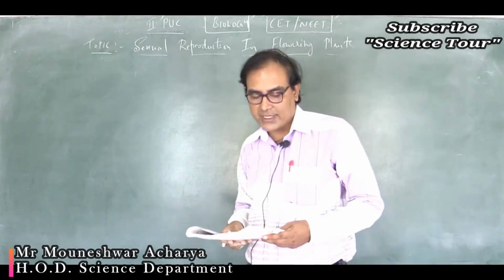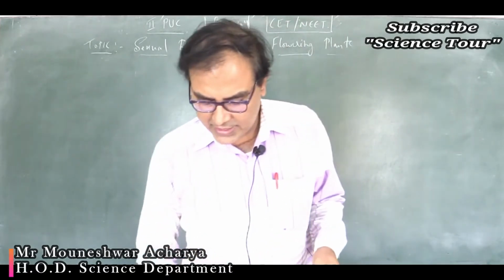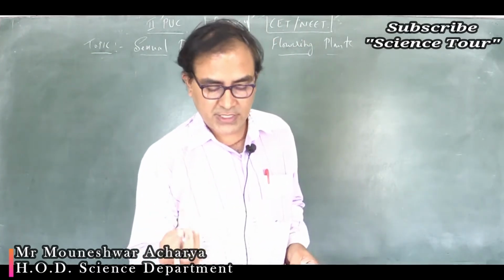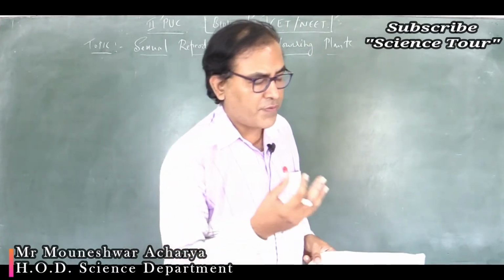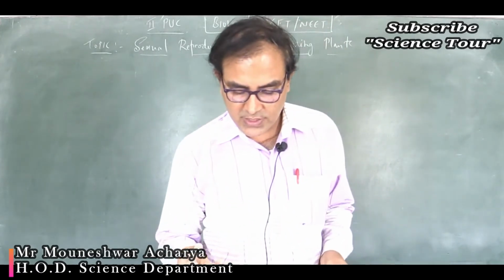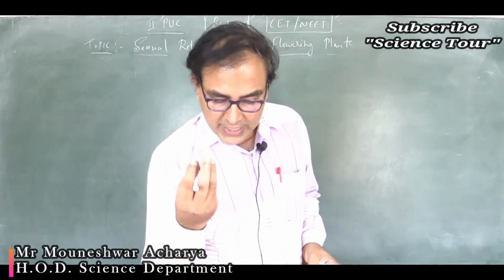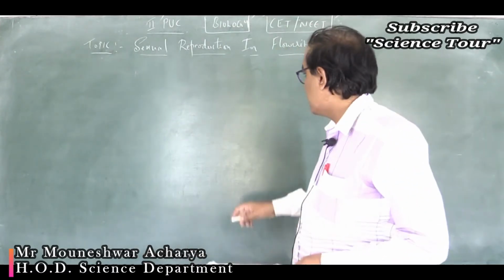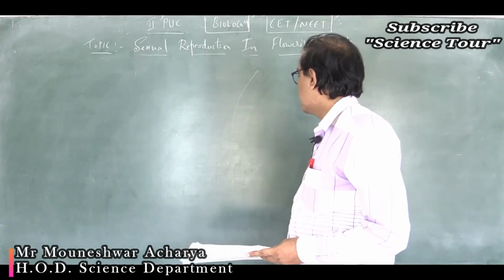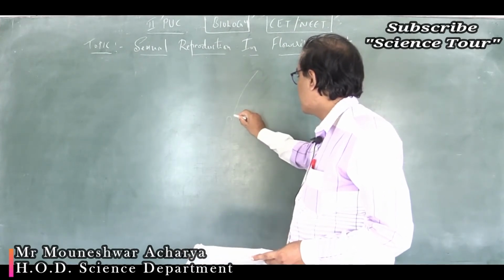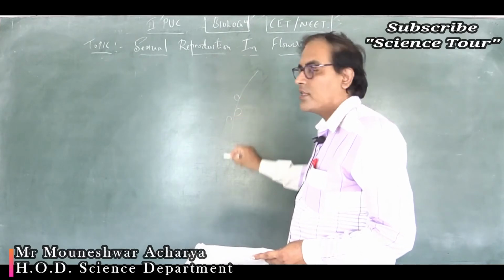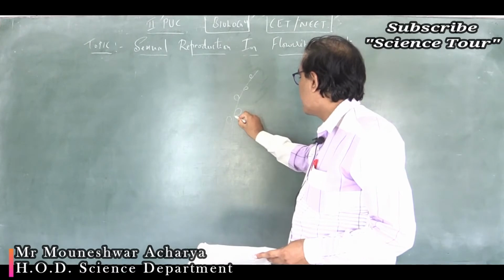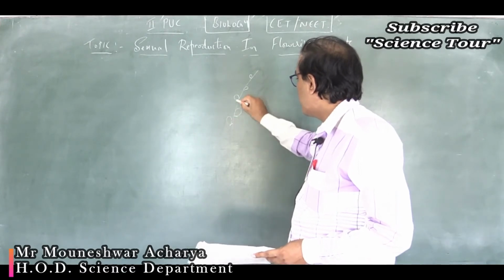Let's analyze this question. Water hyacinth has a single spike. Spike is a type of inflorescence, a type of racemose inflorescence. This is the branch of the inflorescence which bears the flowers. The older flowers are at the bottom and the younger flowers are at the top. The older flowers at the bottom open first.